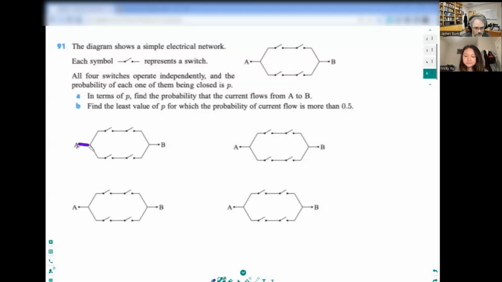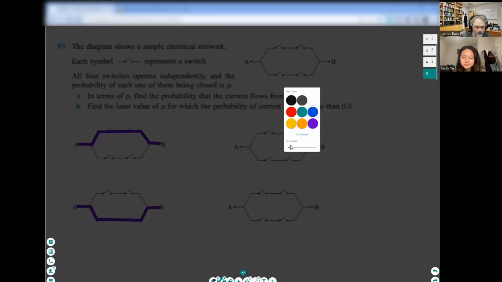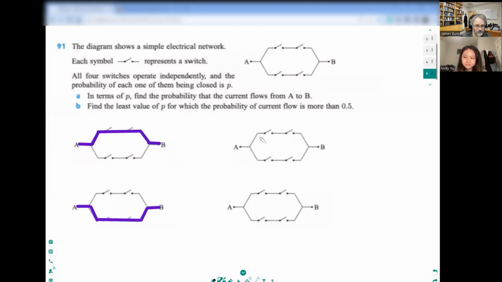I could go from A up this way and down that way. And then we got it. I can go down this way and then we got it. Now, it's possible that this gate right here can be closed and that can be closed, but the other ones are open. Do I got it? No, I don't. So the first thing I want to do here is pause for a second and make sure that I understand what this problem is telling me. It can be a little confusing at times, for sure.